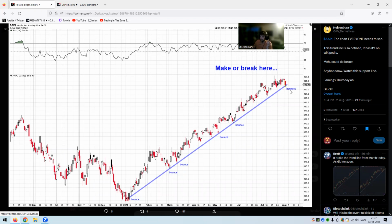If this breaks, if you have Apple, I would highly suggest, again, not financial advice, to sell to get a better entry later on. Look at this move. For 2023, we are up 80% on Apple. That's the biggest company in the world, right? So that's $1 trillion or so in like half a year. And if we get some, I don't know, but anyways, let's see what earnings does. And if you break down here, it's a very good selling